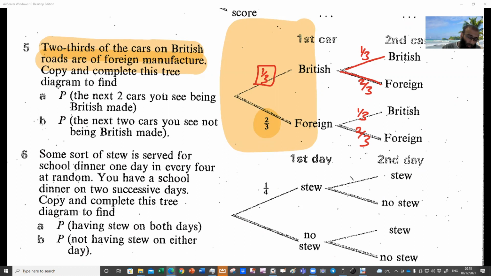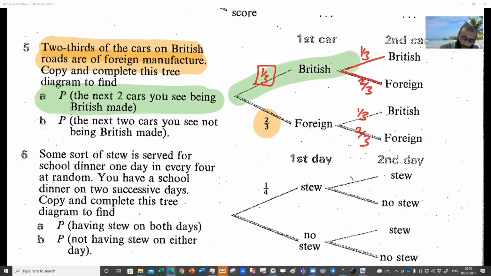Now, let me rub off the highlight and let's get back to the question. Let's use a different highlight. Now, this question here, read the question and what does that mean? The probability of the next 2 cars you see being British made. So that means we've got to travel along here and then travel along there. Now, whenever we travel along the probability tree diagram, going across the diagram, what's